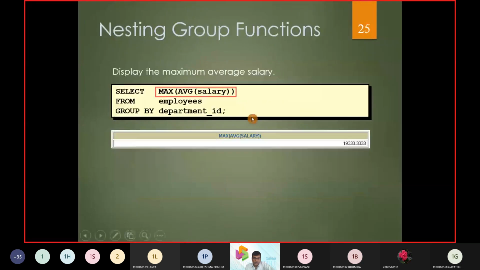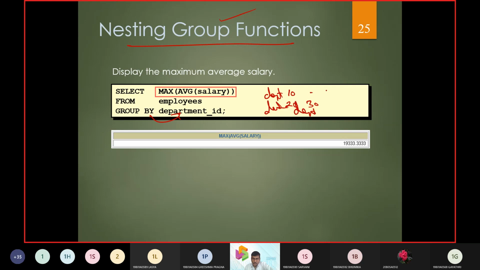Another one was maximum average salary. That too we are going to call here as nested group functions. In nested group functions, you are going to group the department IDs: department number 10, department number 20, department number 30.